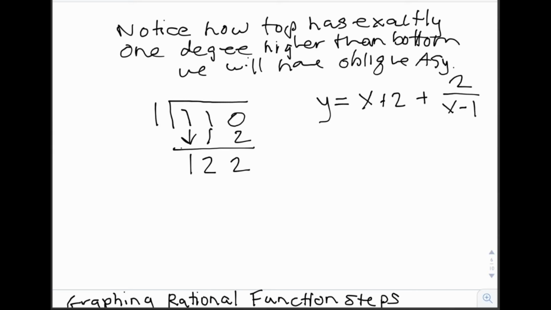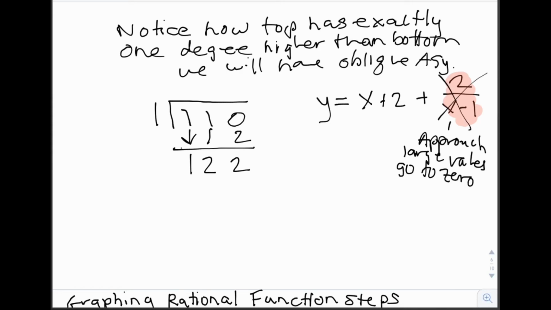Now, one thing we want to note is, as we go to infinity, what happens to this 2 divided by x minus 1? Well, as we approach large values, this will go to 0. So in other words, we can go ahead and ignore this portion since it will go to 0. So our oblique asymptote y is equal to x plus